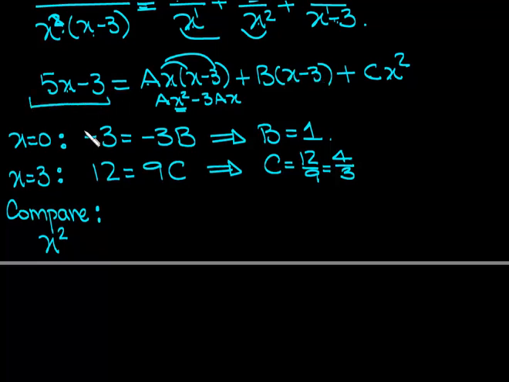Do I have an x squared term on the left? No, so I get 0. How about on the right? I have ax squared, so I have a. That is my coefficient. Remember what I just said a minute ago, you're comparing the coefficients of the like terms. Okay, out here, if you were to distribute the b, would you get a bx squared at all? No. But I have a cx squared, so this coefficient,